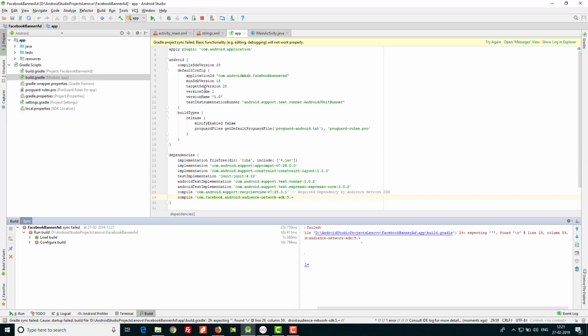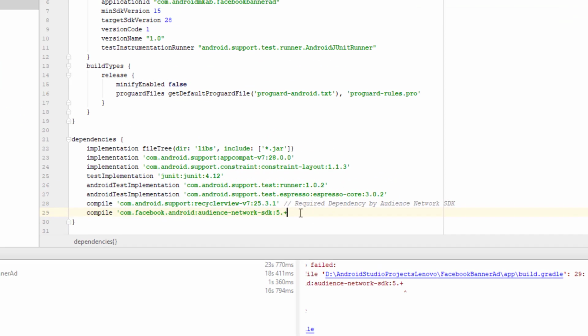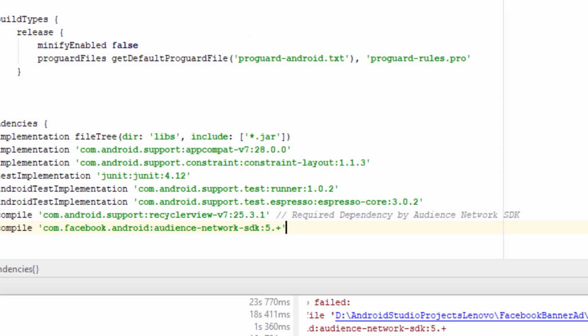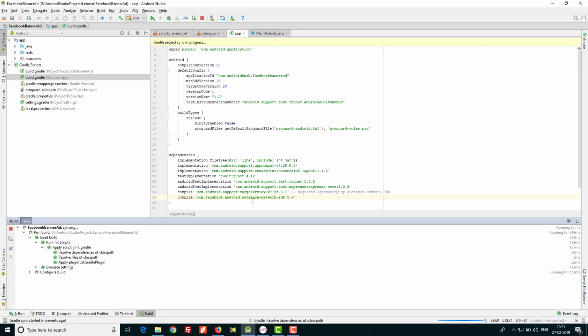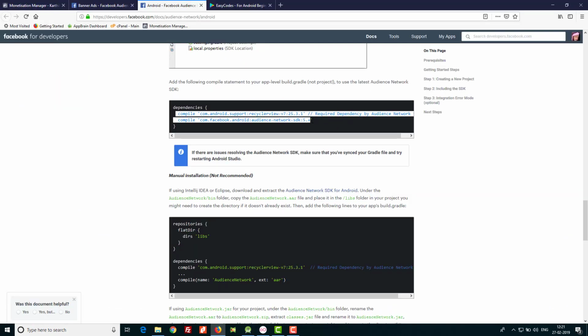I got an error here because I missed a single quote, because we have to close the code. While copying, I missed it. You can see I am supposed to copy up to here.